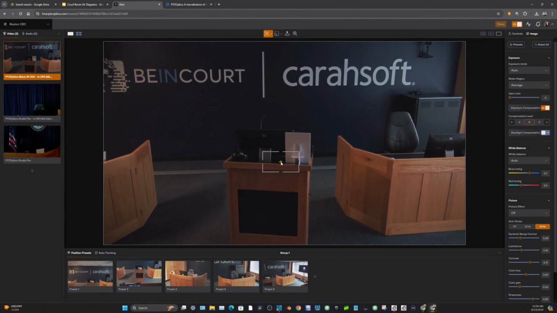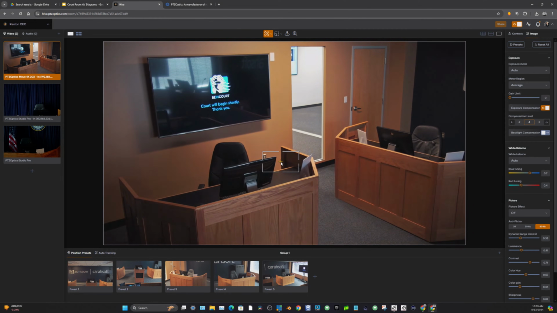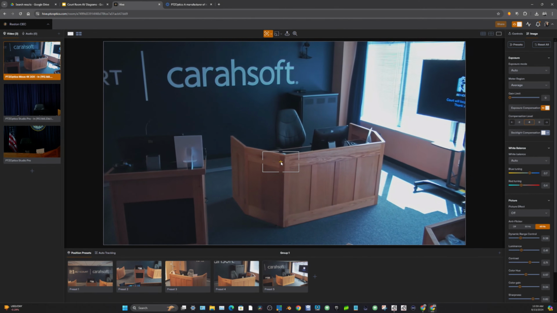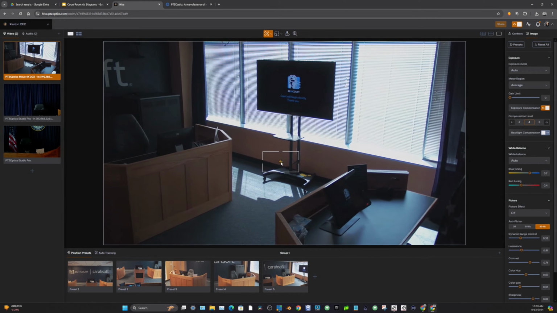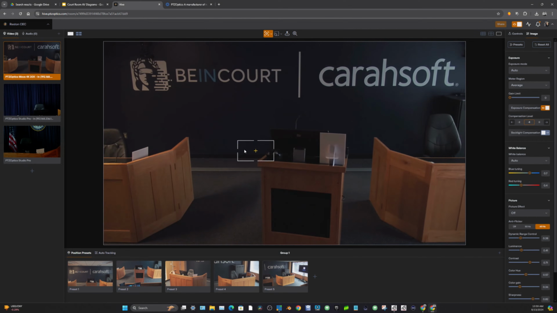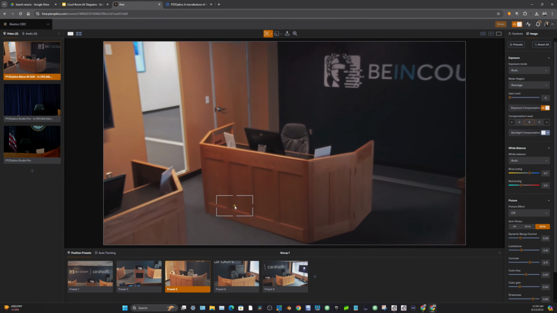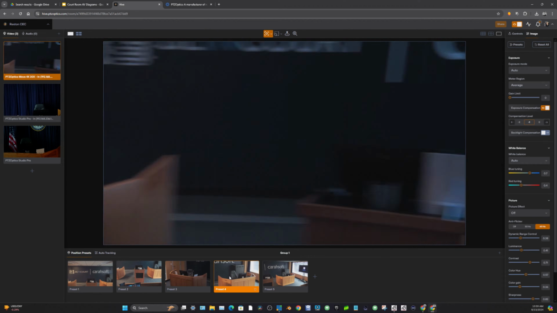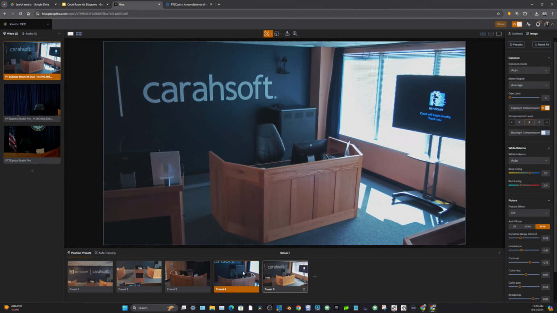And I have the ability, just for privacy purposes, when we have a jury, for example. Now, this is more of like a hearing room. There is no actual jury bench, but we can actually limit the pan and tilt movements so that we can never see the jury, just for safety concerns. But one of the values of having a PTZ camera is if you're on a budget, you can only have one camera. You can actually have multiple locations preset, just like this, where you can simply click where you want